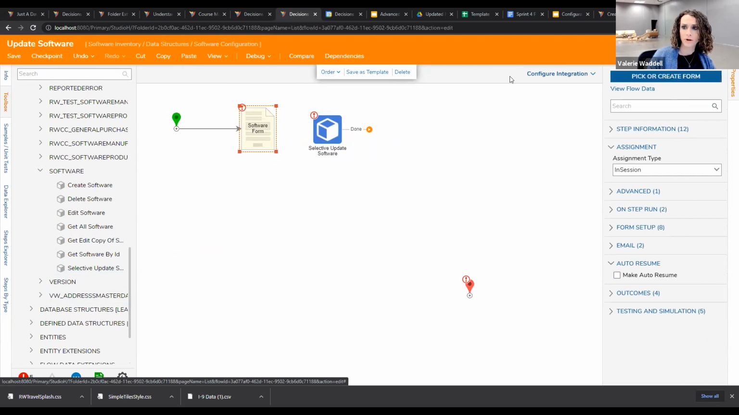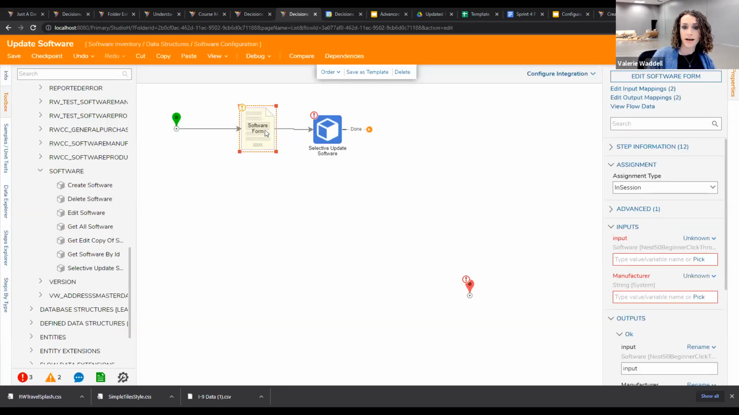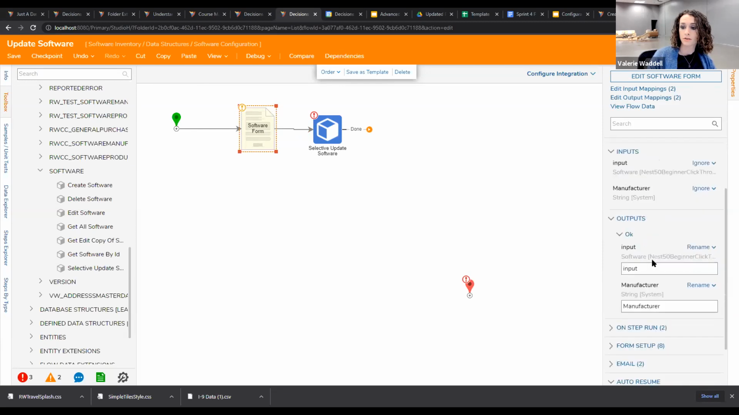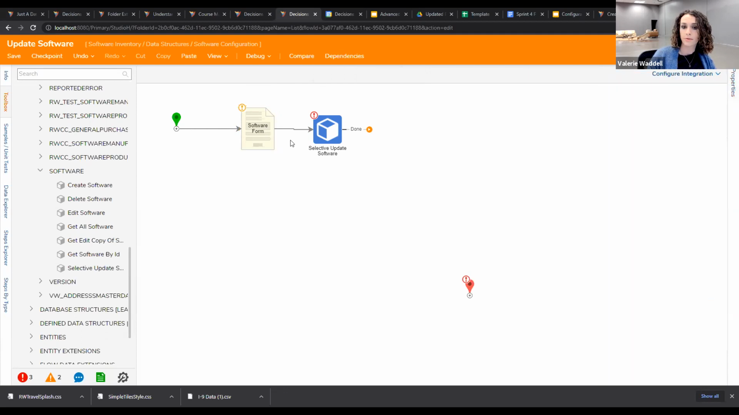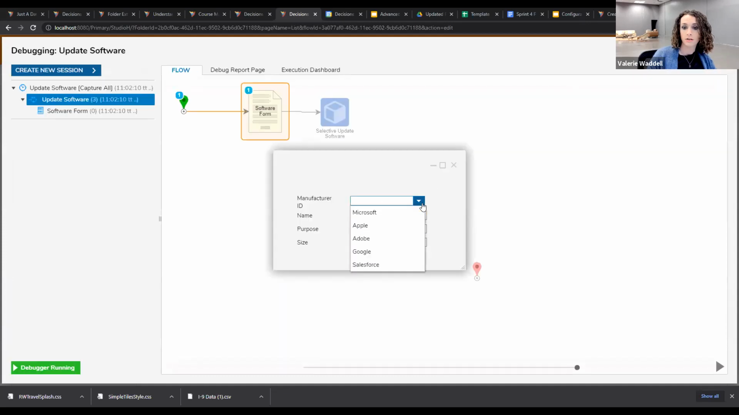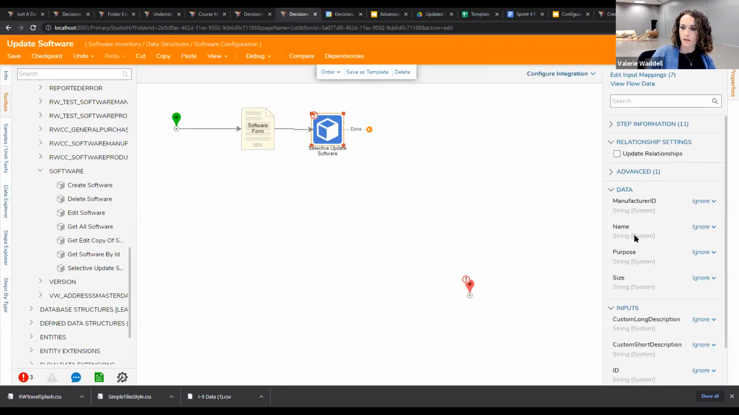So here I have my software form. I'm going to go ahead and pick existing, choose the software form, and connect that. I'm going to ignore my input. I think there might be an action there, actually. Okay, cool. Built into the form, good. And then on the selective update step, the one thing that we do need to do